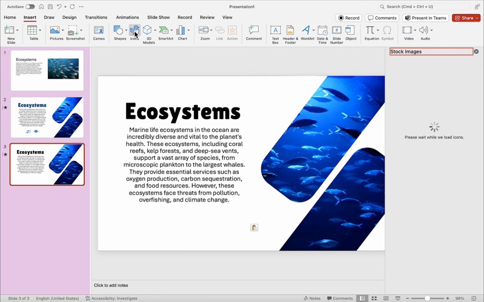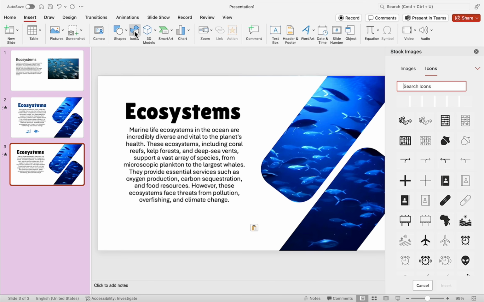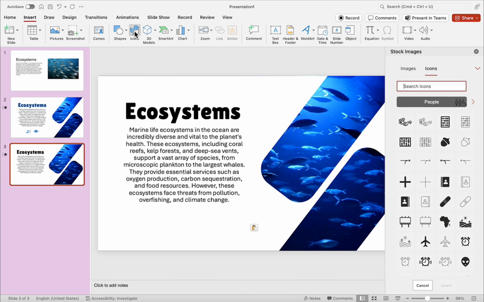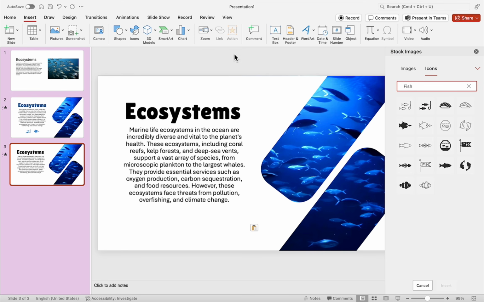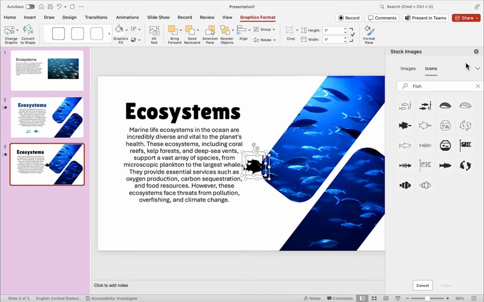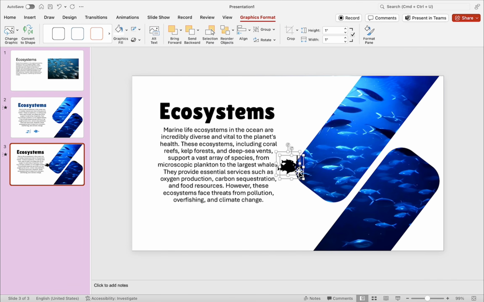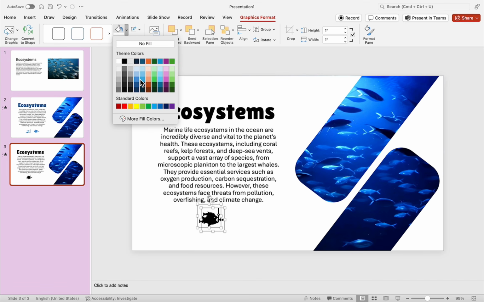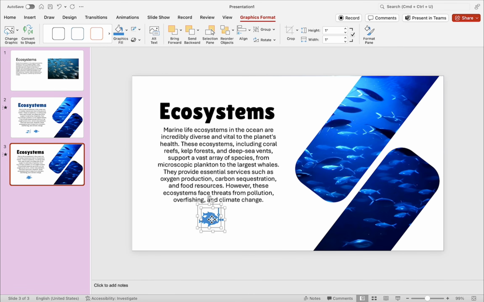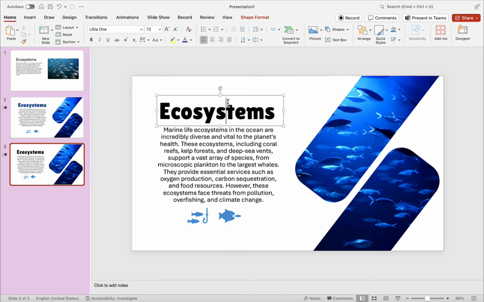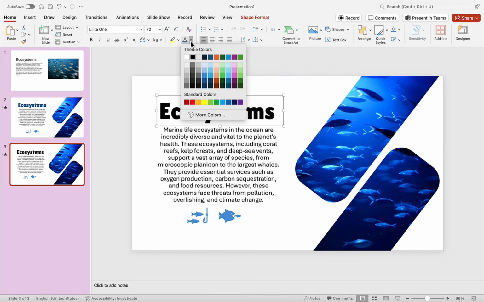This is yet another great library where you can search for different topics, and you have a ton of cool icons that you can add to your slides. I think these two will fit right in, so I'll select them both before inserting them. Now I'm actually going to make them both blue and place them right below the text box. I'll quickly separate these two icons, and now I'll actually make the headline a different shade of blue just to change it up,